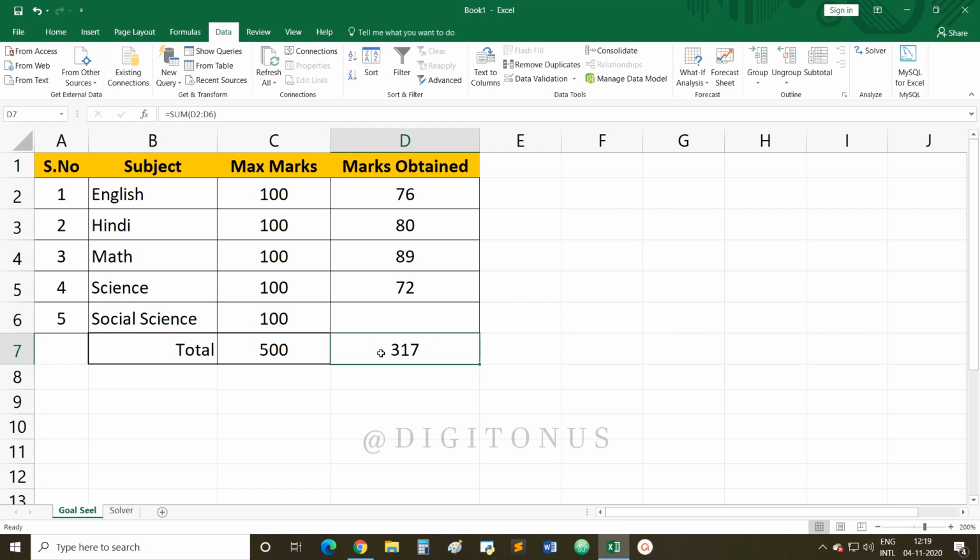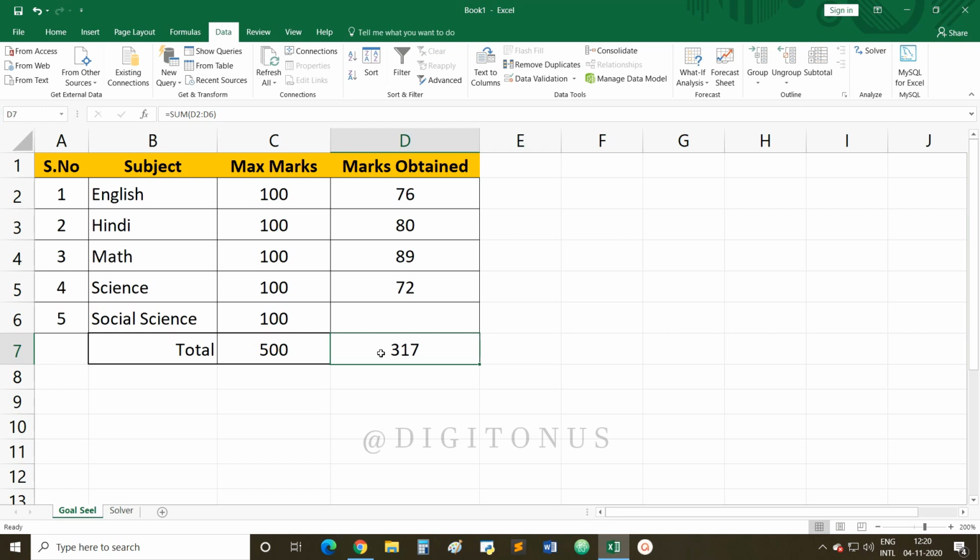Now the student wants to know how much marks he or she has to secure to obtain the desired output, because the output we already know, that is 410. So how many more marks the student has to secure in the subject social science to score at least 410 marks out of 500. So what is goal seek?